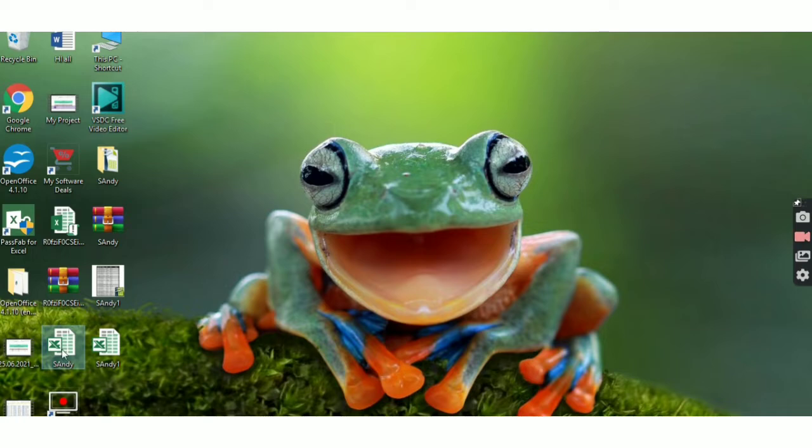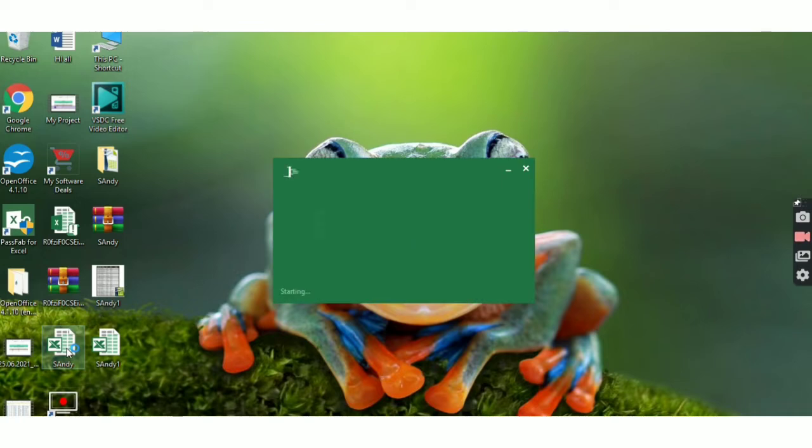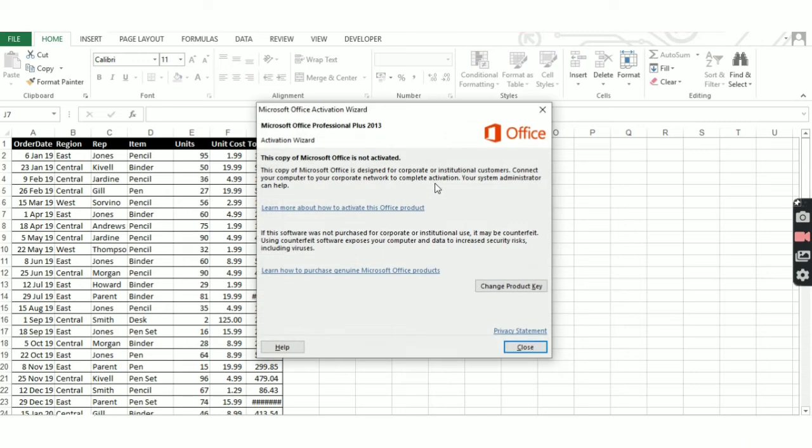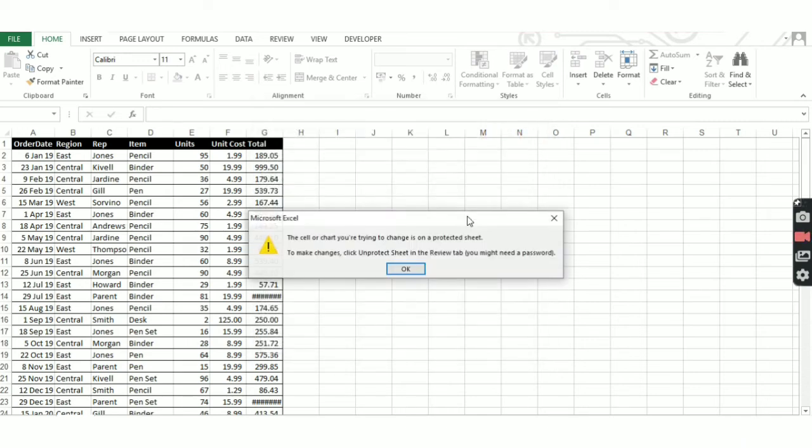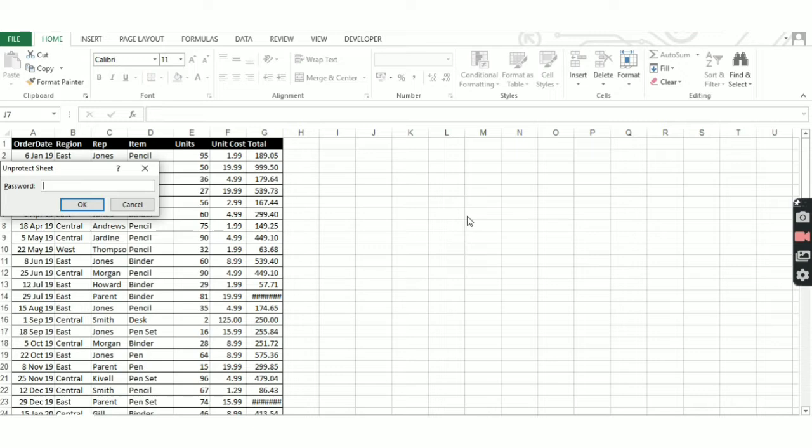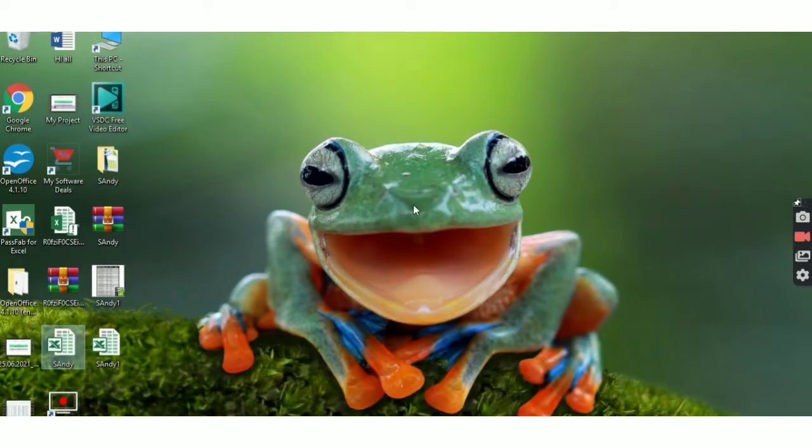Let me reopen it again and check for a double confirmation whether I am able to edit. I'm just opening that Excel file and trying to edit. No, it's asking for a password. So this is what we're going to learn. Sometimes I may forget my password and I want to add some details in this Excel sheet. Instead of doing rework, how will I get this data without damaging the file and avoid my